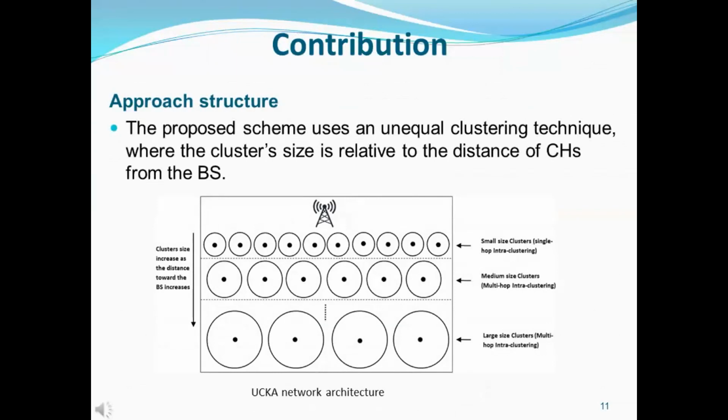With our approach, in order to load balance the energy consumption among cluster heads in the network, we assumed an unequal clustering technique, where the cluster size is relative to the distance between the cluster head and the base station, as shown in the following figure. With such a structure, clusters near the base station will spend less energy on regrouping cluster data and focus on relaying the data coming from the routing tree. On the other side, clusters further from the base station regroup more members and consume more energy on regrouping the cluster data and spend less energy on aggregating these data to the base station.